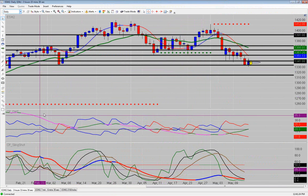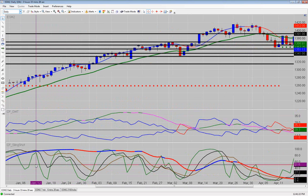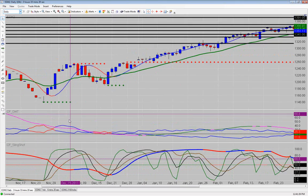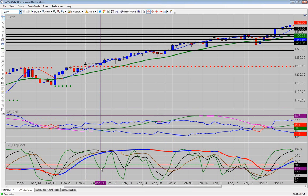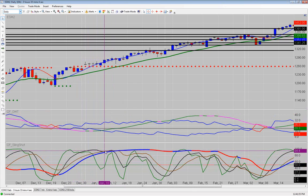This was identified by one of our partners using the slingshot, the green into the brown thing, or just the divergences. On a daily chart, for those of you who may be interested in swing trades or longer term trades, let me just show you. We'll start right here. Okay, there was divergence right here. The green was diverging from the cycle, and the brown, if you look at this, the brown is heading up. When the green turned in the direction of the brown right here, that would have been a time to...